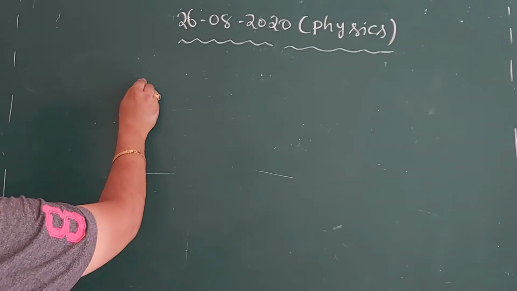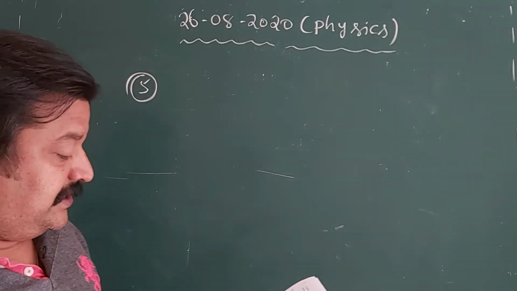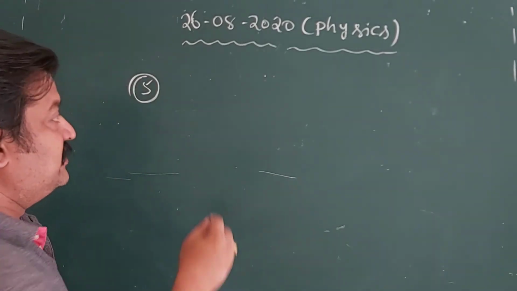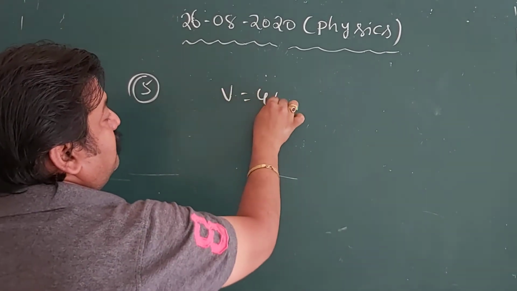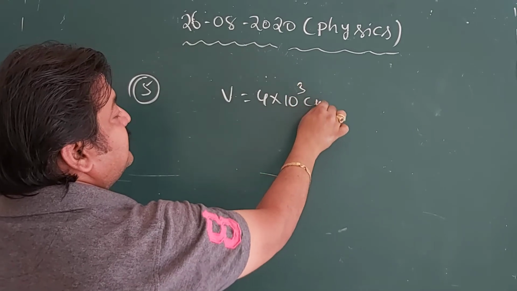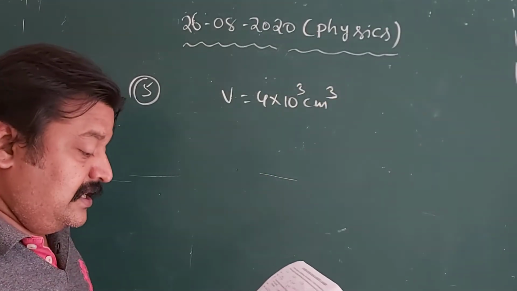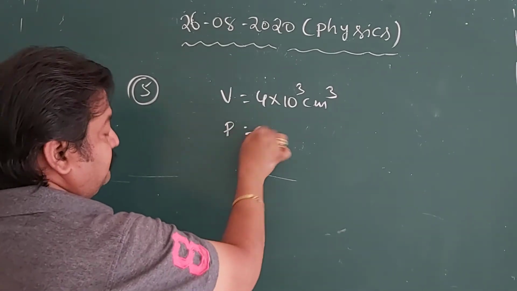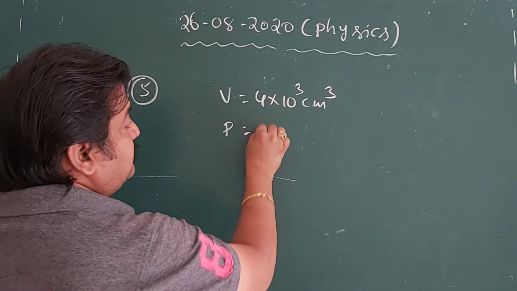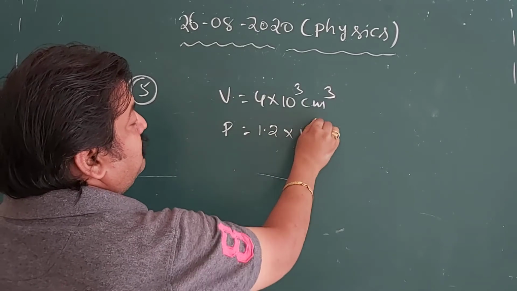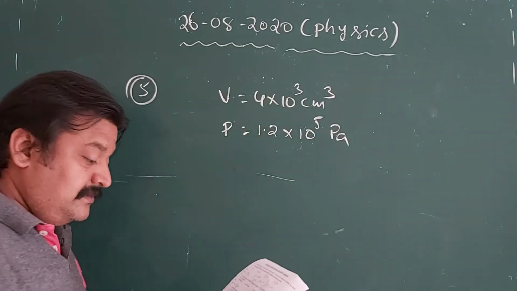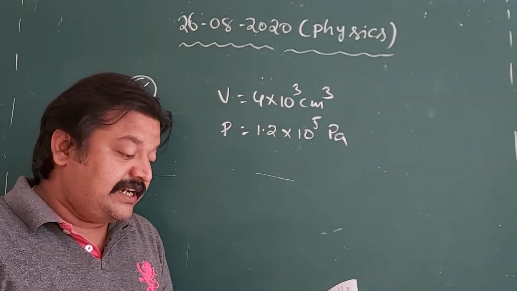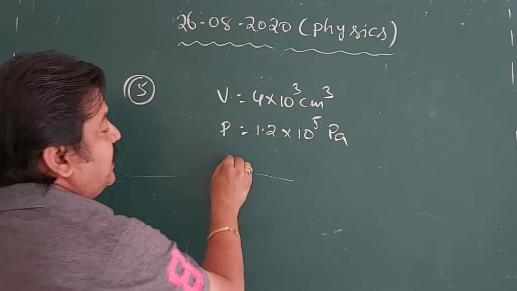Fifth problem. Now see, a spherical balloon of volume V is equal to 4 into 10 power 3 centimeter cube, containing helium at pressure P is equal to 1.2 into 10 power 5 Pascal. Then how many moles of helium are in the balloon if the average kinetic energy of the helium is given? KE is equal to